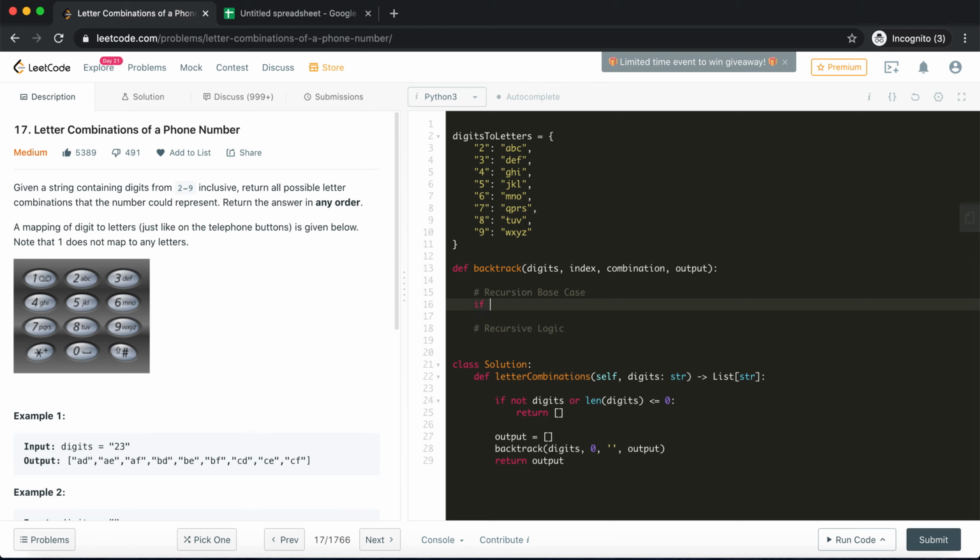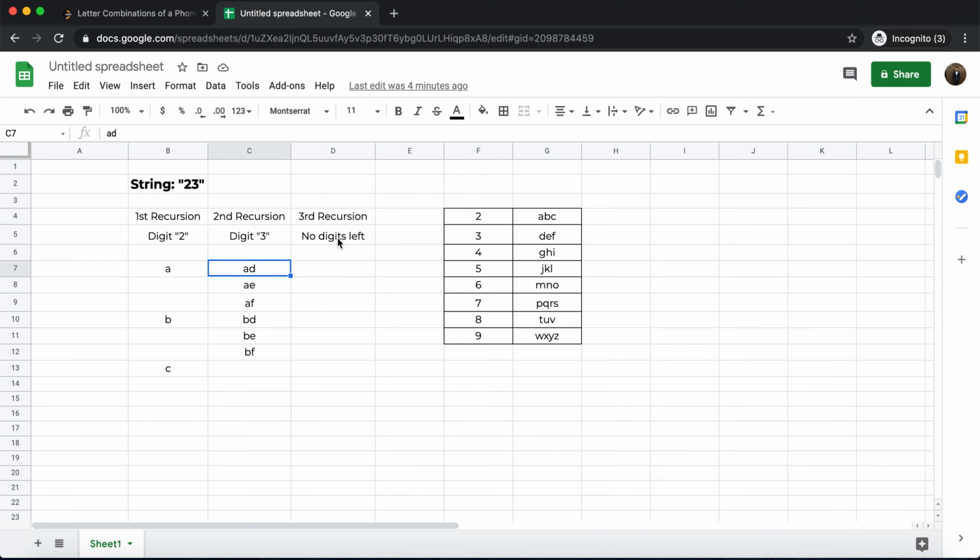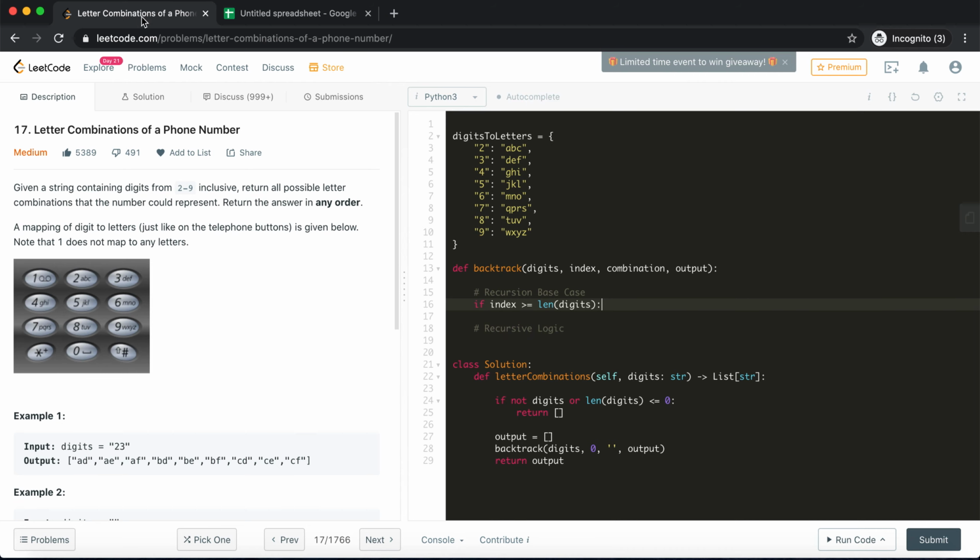Our base case is this: the index can be used to break the recursion, because we know that if the index goes beyond the length of digits, as we mentioned, the third recursive function will break this recursion, where there are no digits left. Exactly that is the condition I'm checking here.